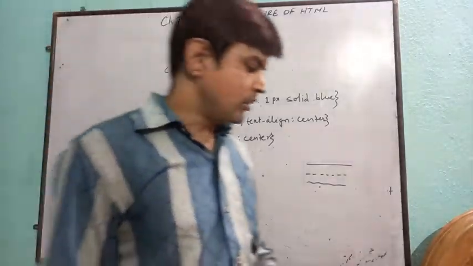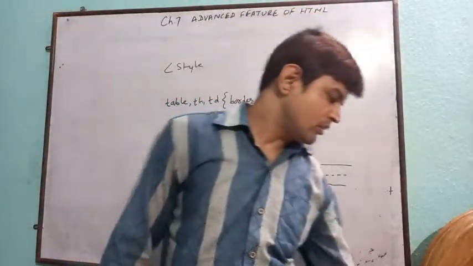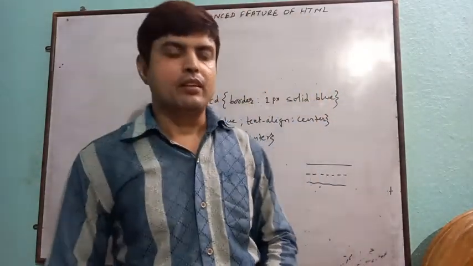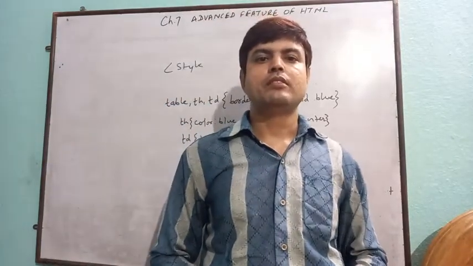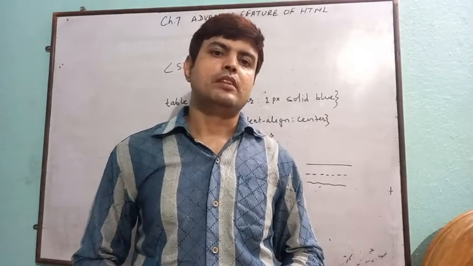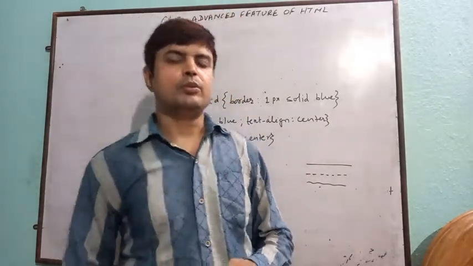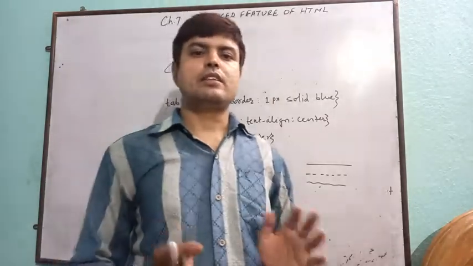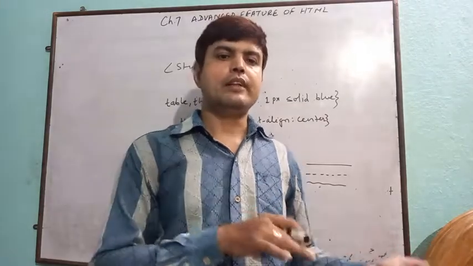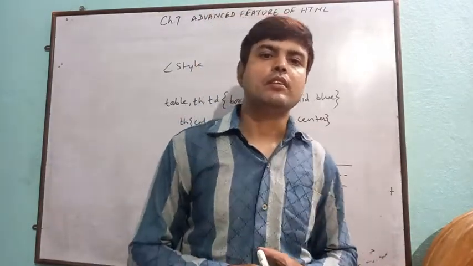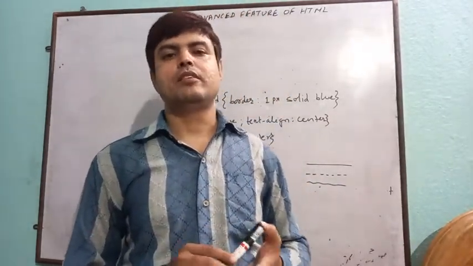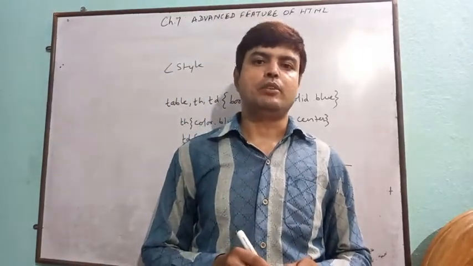Now you all refer to the book, the code given on page 72, and try to understand it. Now we have completed chapter 7, and we are in a position to solve this exercise. So all of you must see the code that has been written in the book and try to relate the code to its output. Both have been given in the book, and we will do its practical in the lab during the lab period.